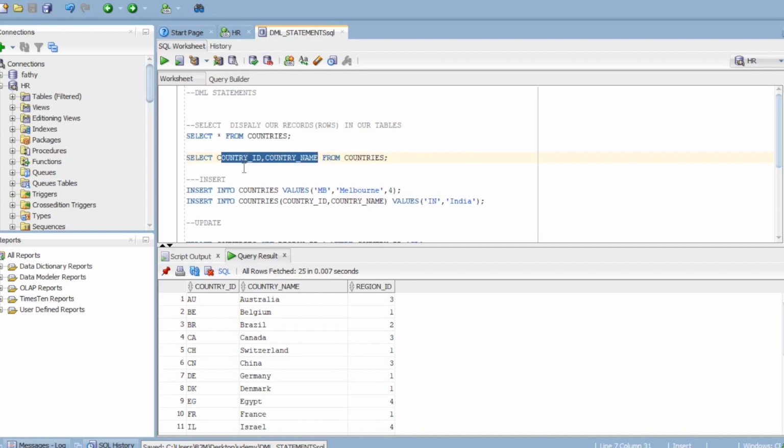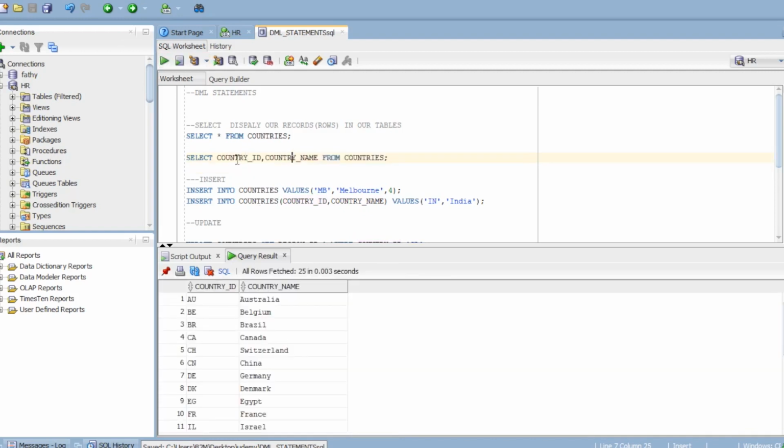If I put star, the region ID column would also come, but I'd like to see only these two columns. When your requirement is like this, please don't use a star symbol. Instead, list out the column names you'd like to see, so that you can see whatever columns you have mentioned.